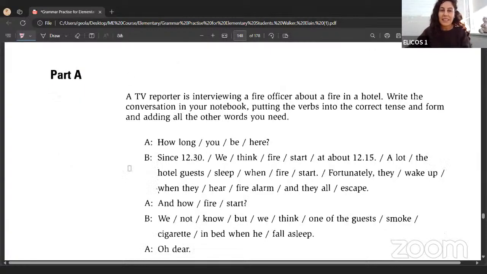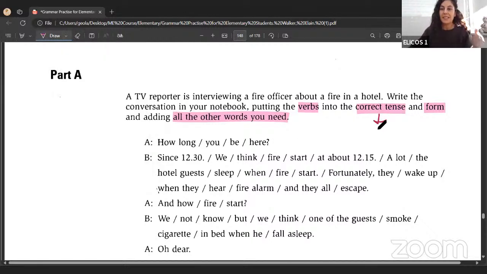So a TV reporter is interviewing a fire officer. So we know we've got 2 people now, a TV reporter and a fire officer, about a fire in a hotel. Write the conversation in your notebook, putting the verbs into the correct tense and form, and adding all the other words you need. Okay, so let's have a look at the question first. If you remember,